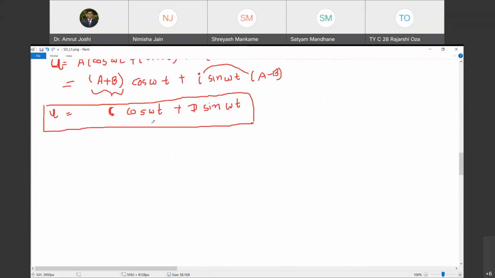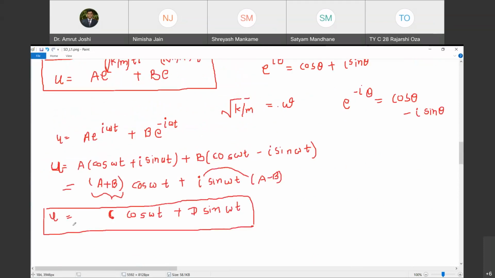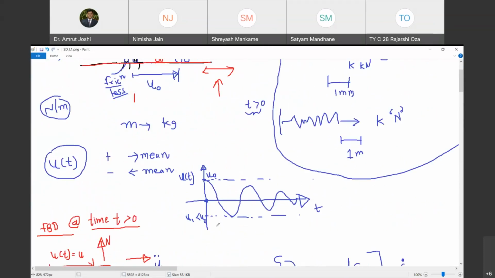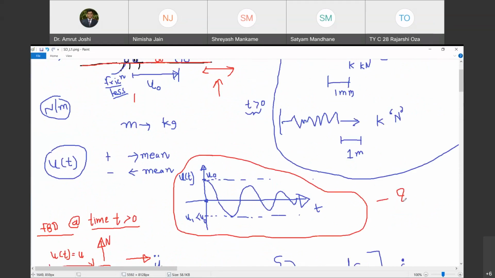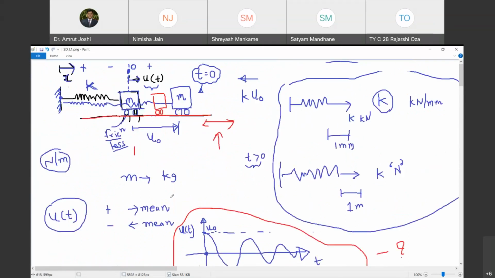So now this was the mathematical treatment given to the problem. There is no concept involved here as such apart from solving the ordinary differential equation. Tomorrow's lecture is going to be more fun because we are now going to try and interpret the results. We are going to check if this graph of u of t looks like what we expected, and if not, what is the reason that it doesn't look like this. Are you with me? Yes, sir. So this is what we are going to do in the next class. Today we are going to stop here.